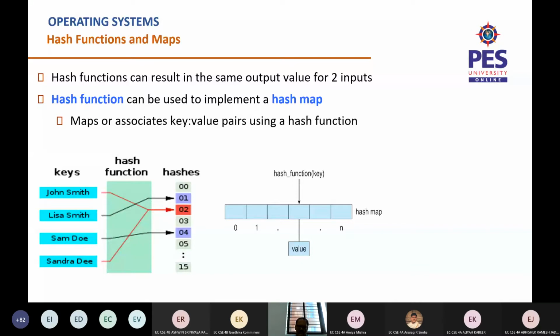So what is the easiest way in which I should organize this data so that I can just go and pick up their SRNs? One such technique that we try is a hash function. A simple hash function in this case is to arrange them in alphabetic order.